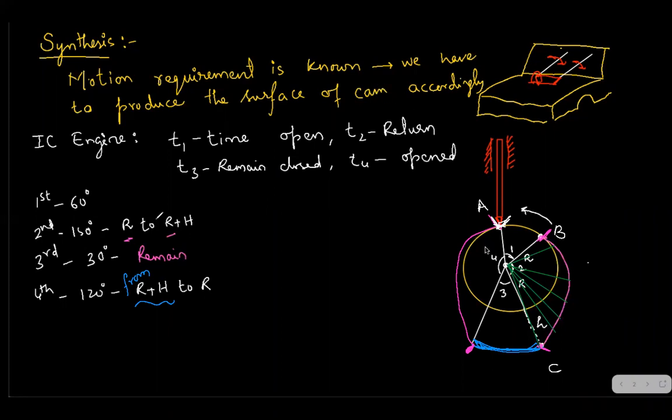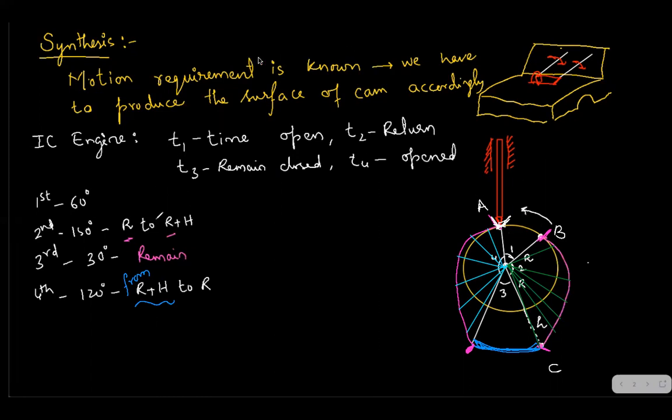So for that, we are going to draw. See, here is the follower. Now gradually the follower has come here. As the cam is rotating, the follower is gradually touching these points, the surface of the cam. Then the follower is here, then here, and finally the follower is here. Then it came to the final position. This is the final position. It means here you can see that the follower is gradually dropping, gradually coming down.